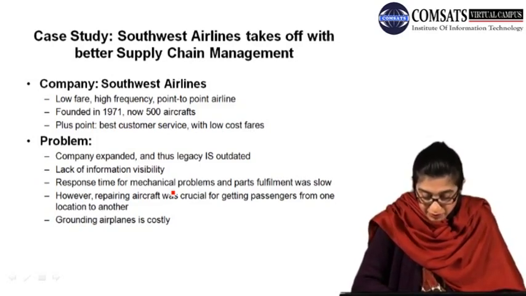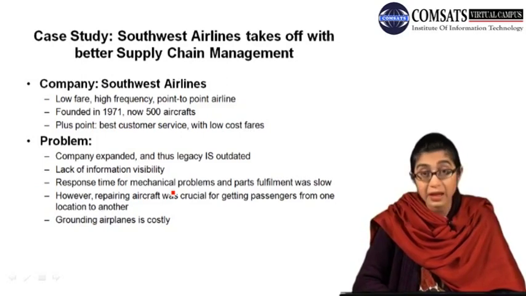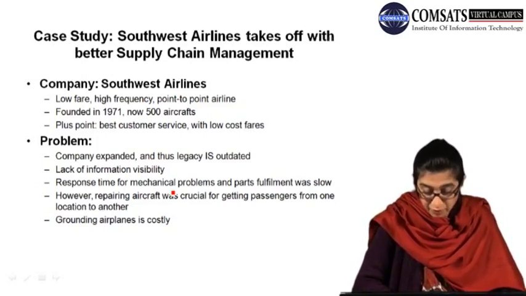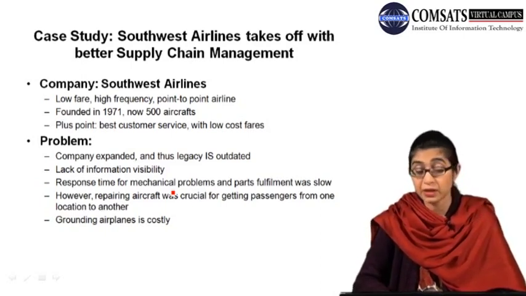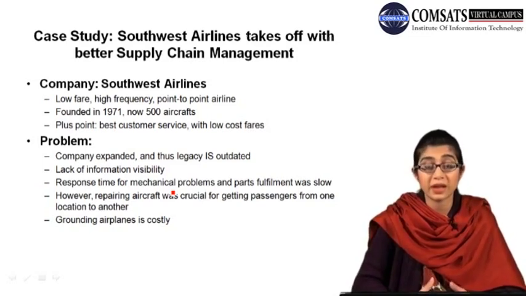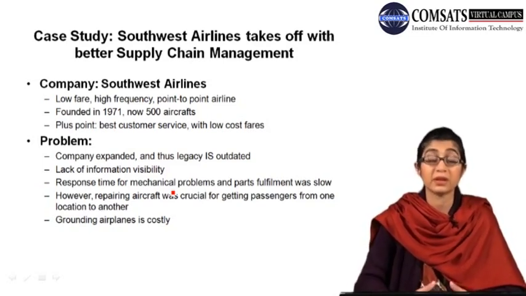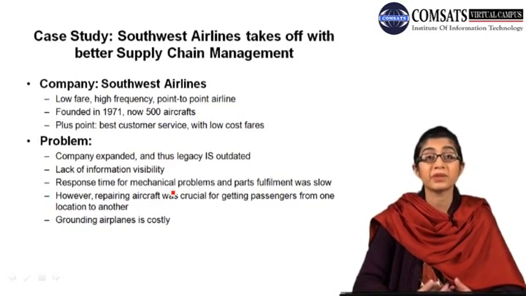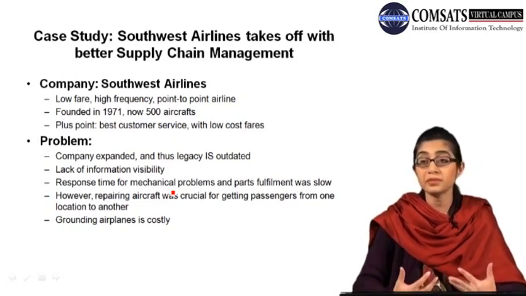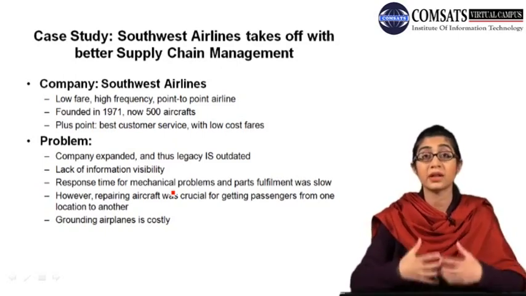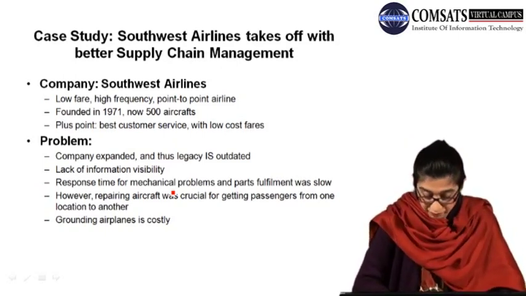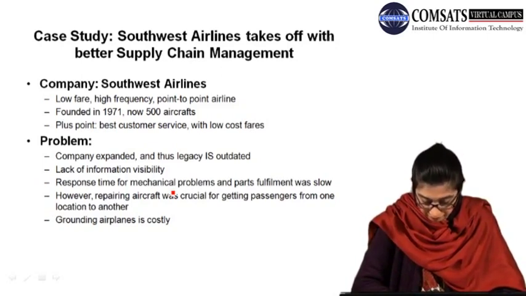One of the biggest problems with Southwest's legacy systems was lack of information visibility. Often the data that the Southwest managers needed were safely stored in their systems but weren't visible. So the number one problem was the lack of information visibility. Data stored है लेकिन it's not visible या जो है वो retrieve on time नहीं हो रहा. Right? So that is again a very major problem. Or readily available for viewing or use in other systems.